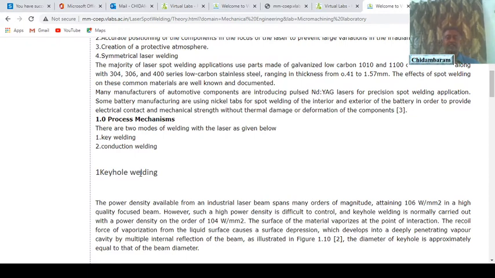So once the laser beam is stopped, this molten material will flow and solidify and form the joint. Since a small hole is produced, it's called keyhole welding, and it is suitable for welding of thin sheets. And pulsed welding is widely used, so the laser beam is sent in the form of pulses.